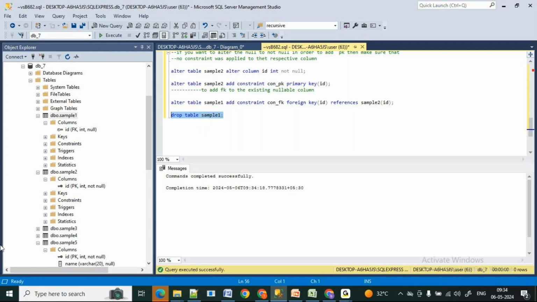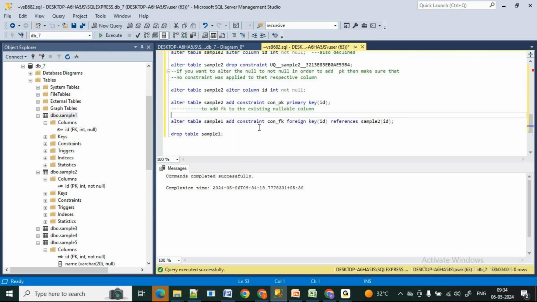Tomorrow we will see why sample 1 got dropped, why not sample 2. Just because we have some relationship, that is why the sample 2 was not dropping. Child table can be dropped directly, whereas parent table will not drop directly. This is the concept that applies here. Tomorrow we will see about that.